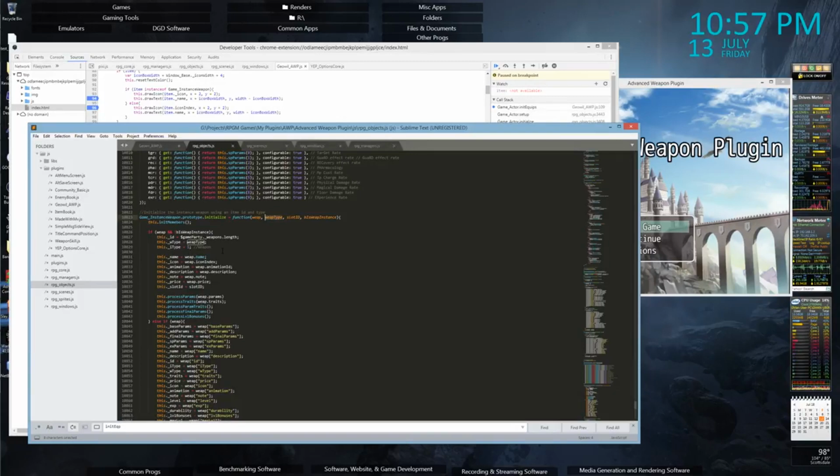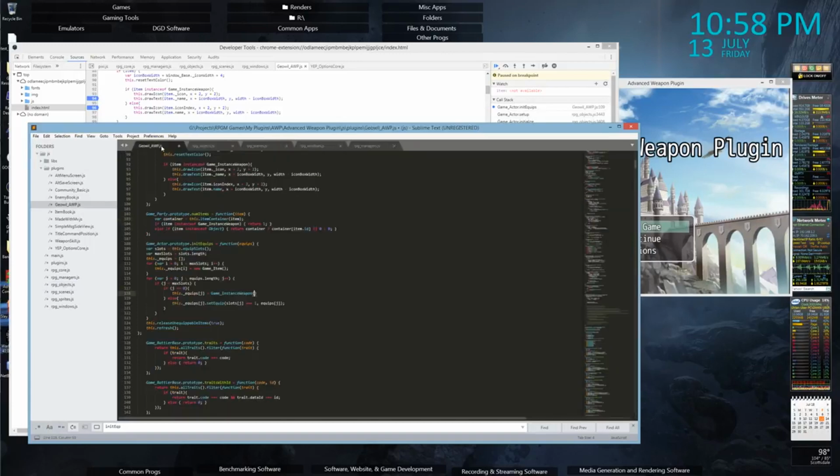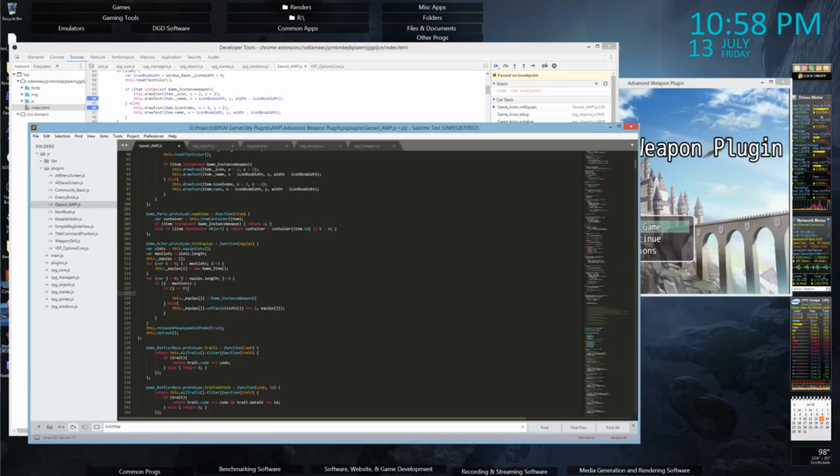Or no, the weapon type, and then slot ID where it's equipped, and then false for that. So what we'll need to do first is get the data weapon, so var dataWeapon equals